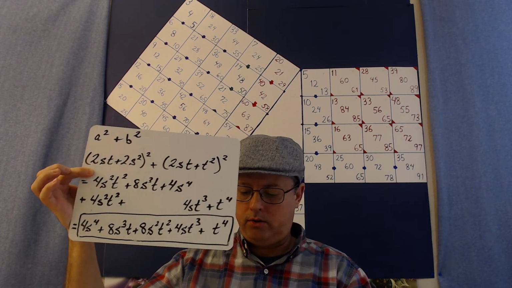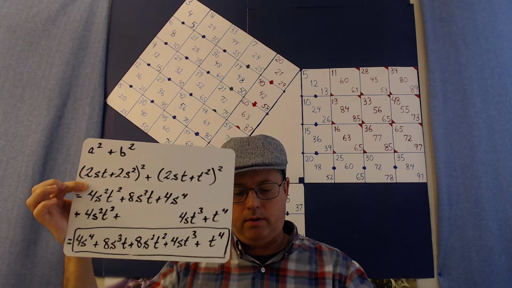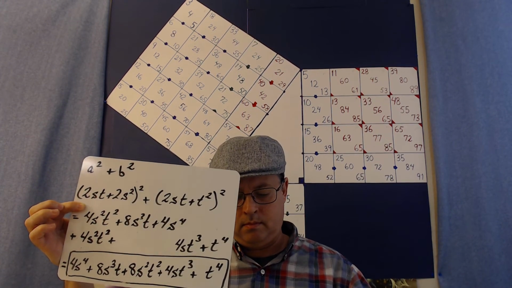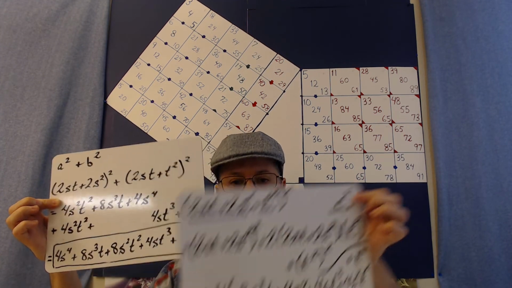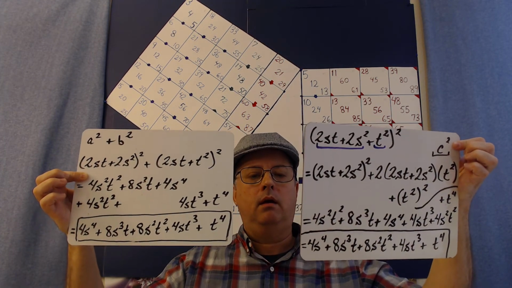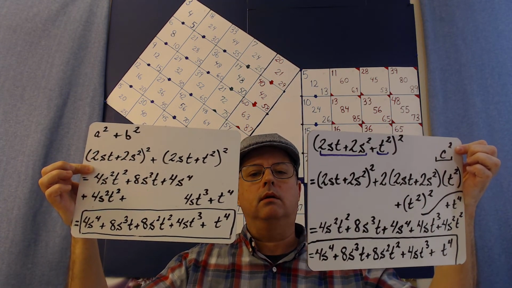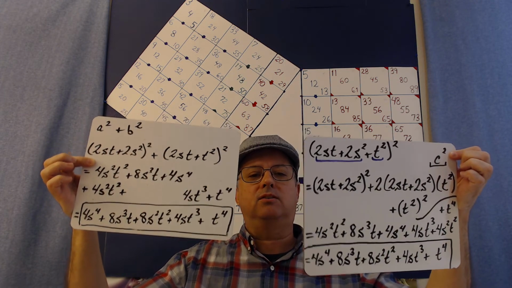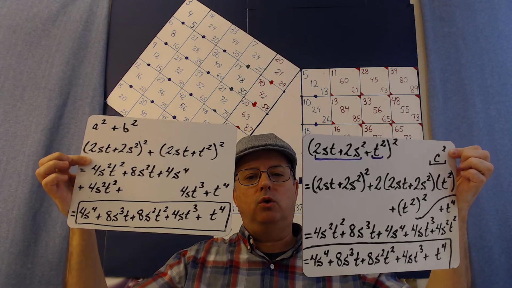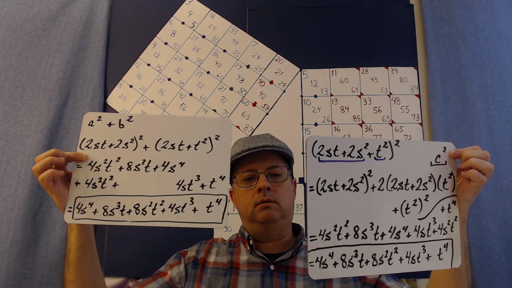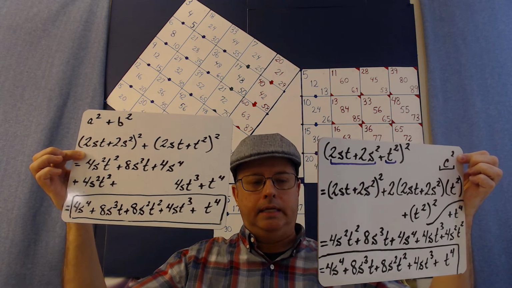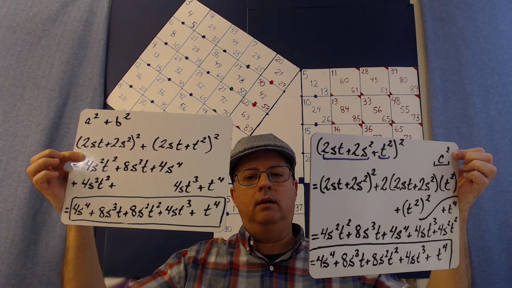And then here's c squared, and what do you think? They look alike? Yeah, they're the same. Isn't that awesome? Okay, so we have shown that this formula for generating Pythagorean triples is in fact a solution